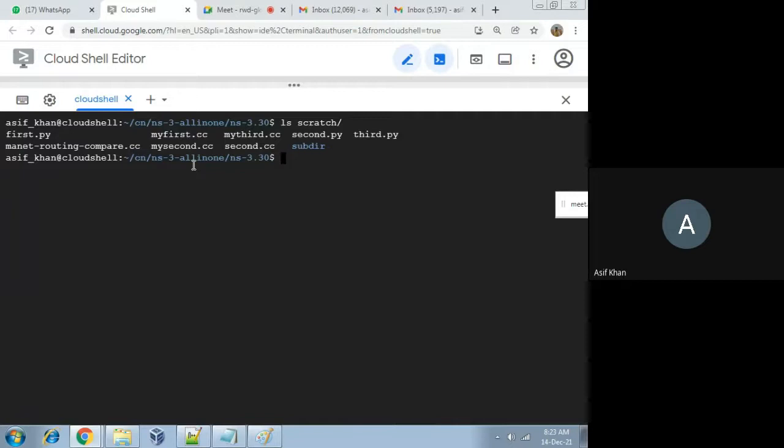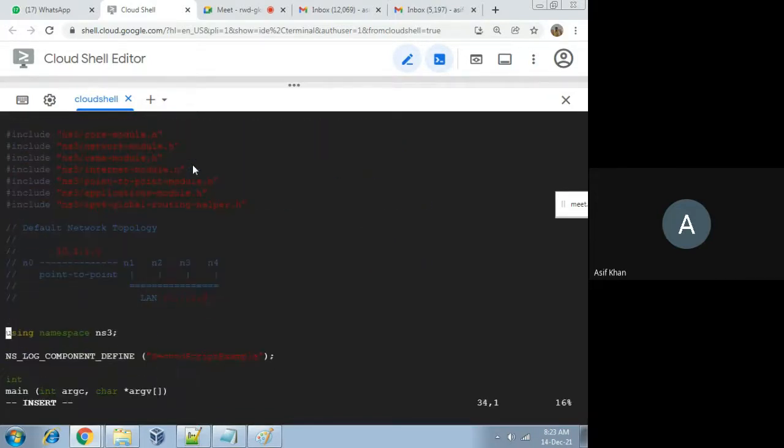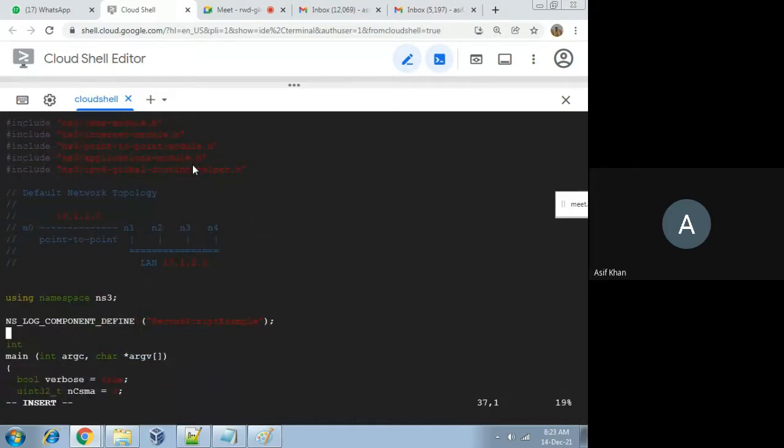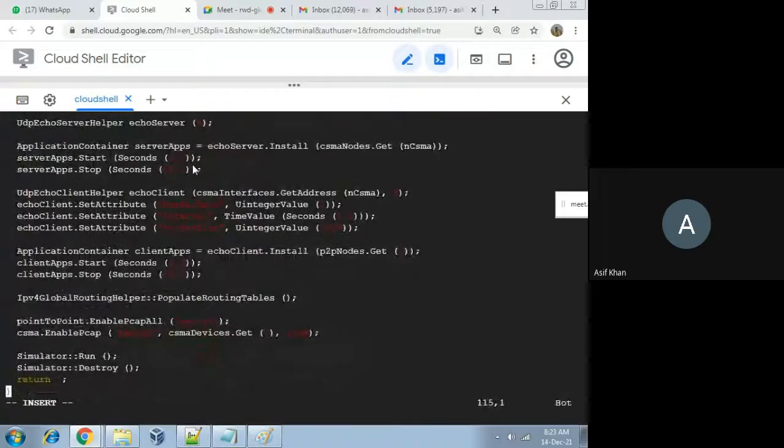Let me remove this second.cc program from here. Let me see what is there. This second.cc program is already present here.